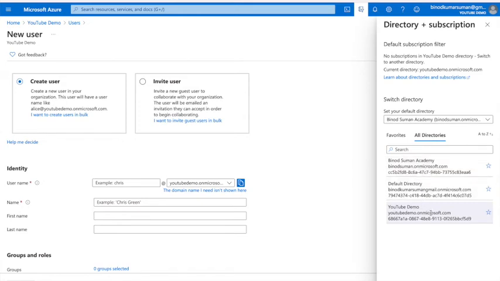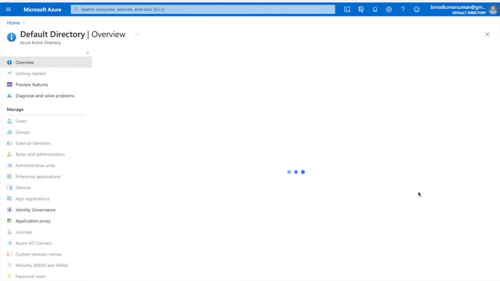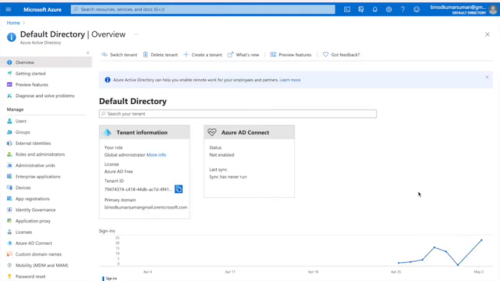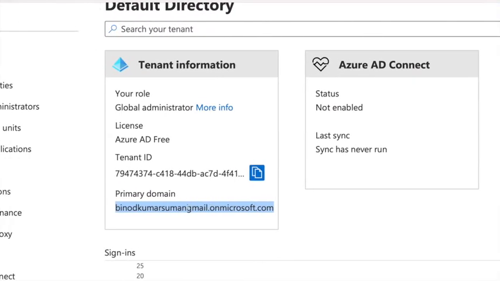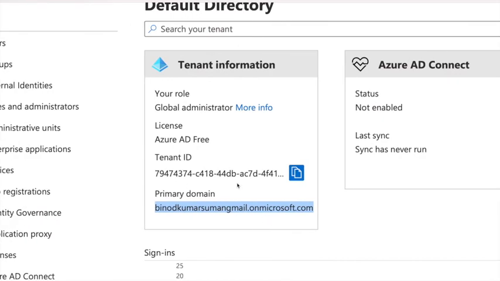This tenant I just created, but I will do all the demo in my default directory. So let me join the default directory, because I can create some resources and sharing those resources I can easily show here. So this is the Active Directory page, and this is the domain for my primary account, right? This is onmicrosoft.com.